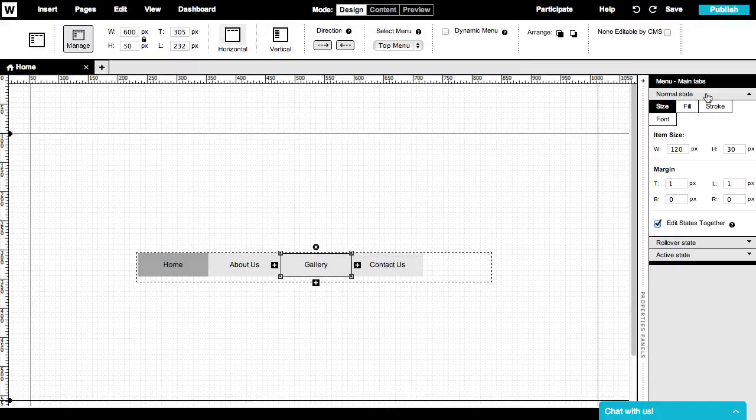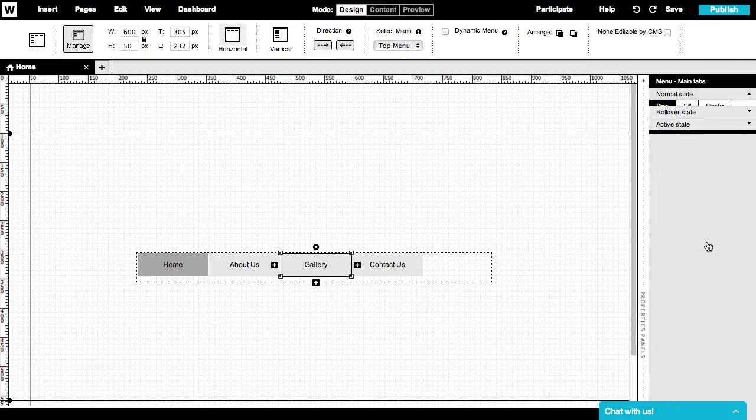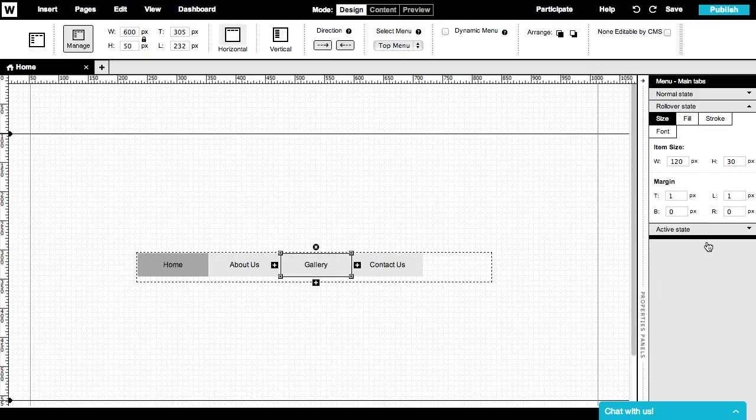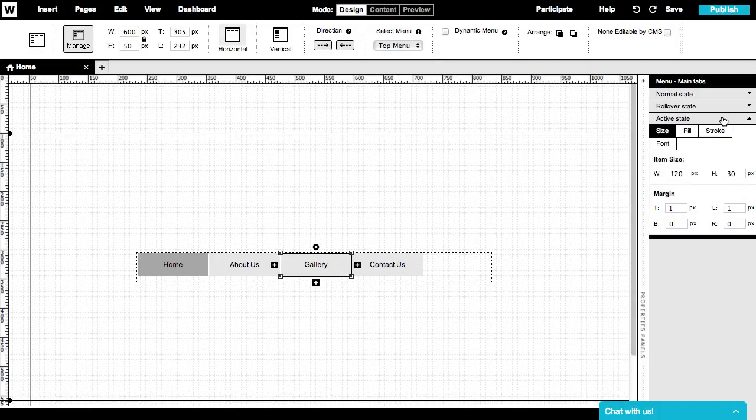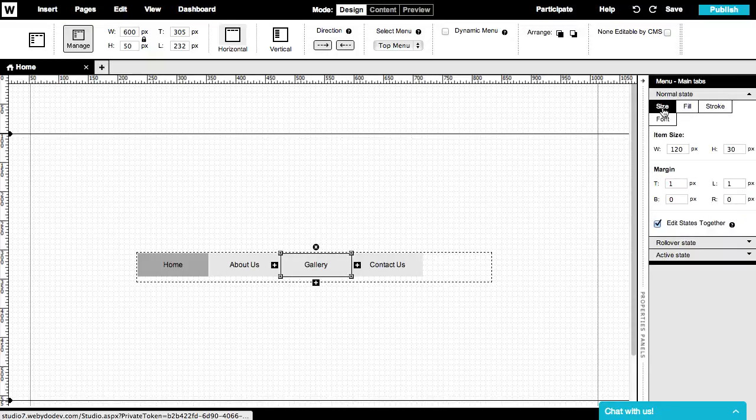each of its states. Normal state is the regular view of the menu. The rollover state is the appearance of the menu categories when a mouse rolls over them. The active state determines the appearance of a category once a user clicks on it. In each state, you can determine the size, fill, and stroke of the item and the appearance of the text